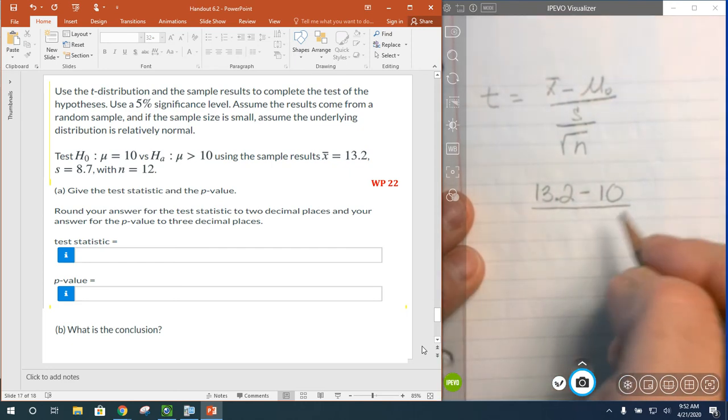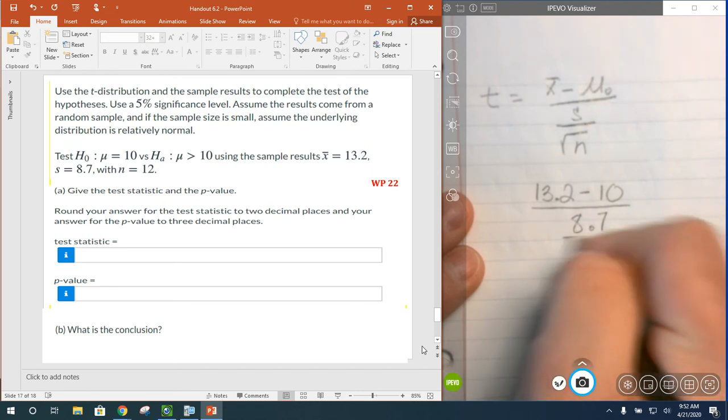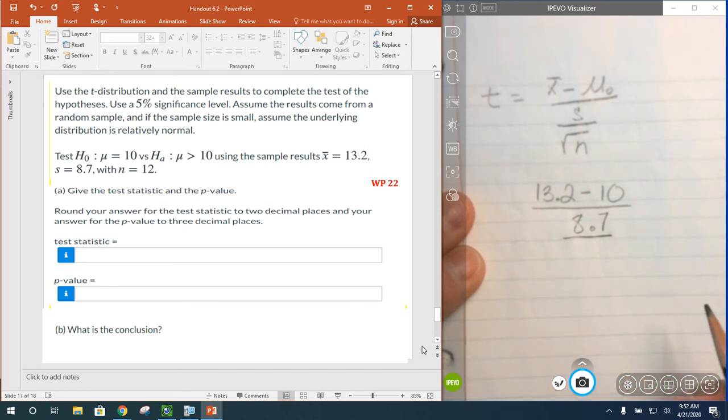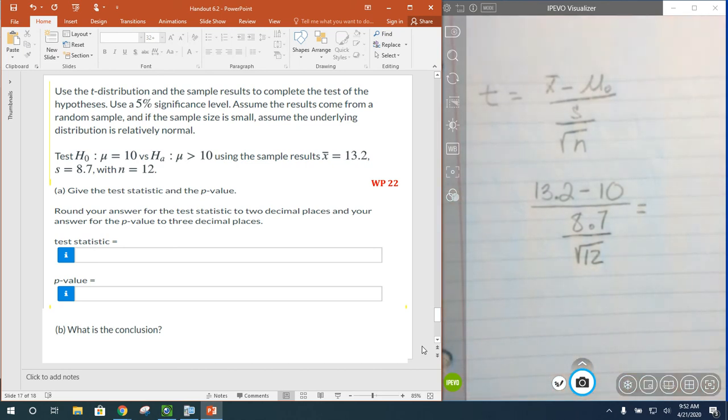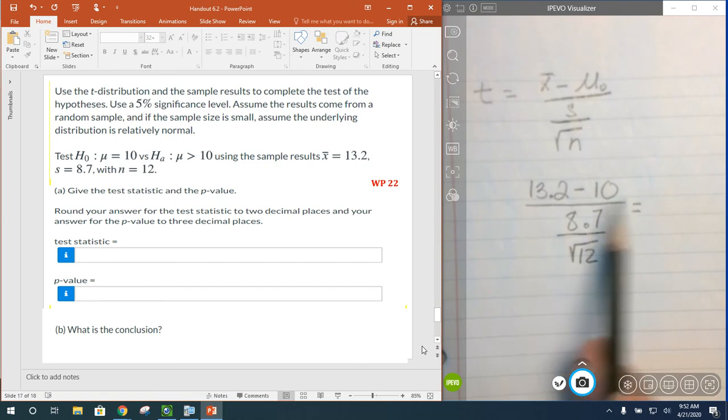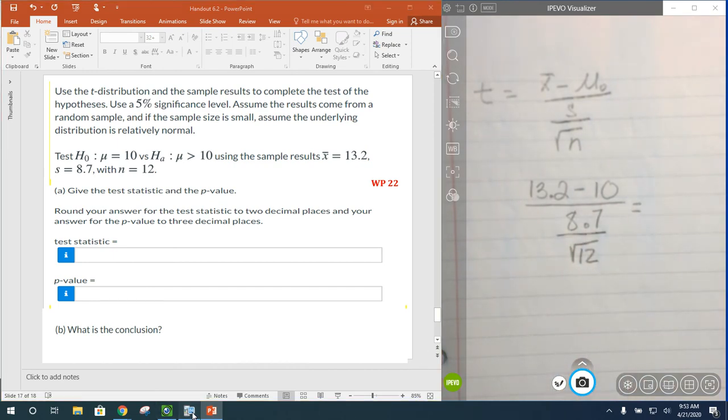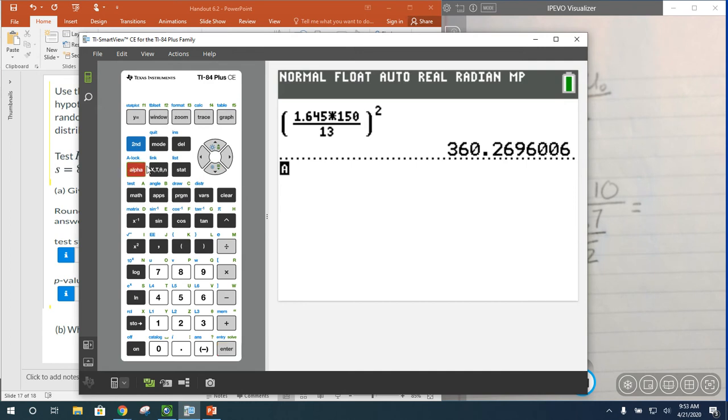Our standard deviation was 8.7, and our root is of 12. Our sample size, 12. Make sure you put that into a calculator. Make sure you give a fraction bar and a fraction bar, and you can do that pretty easily. So you enter a fraction. In the numerator, we need 13.2